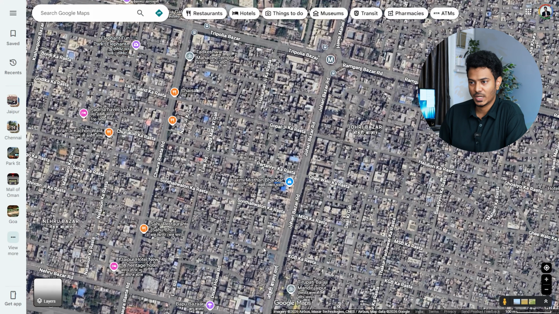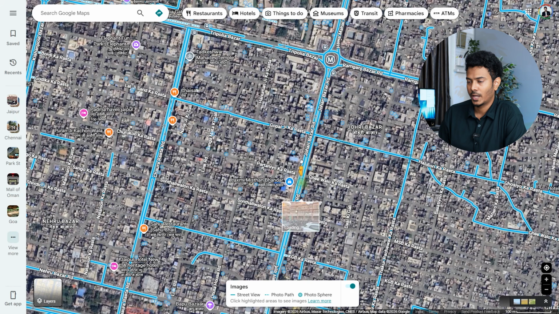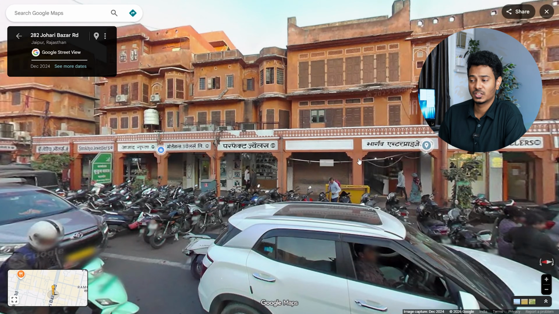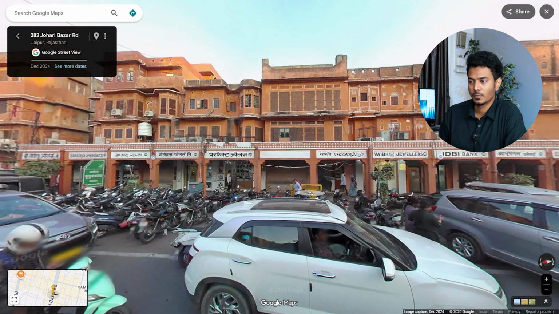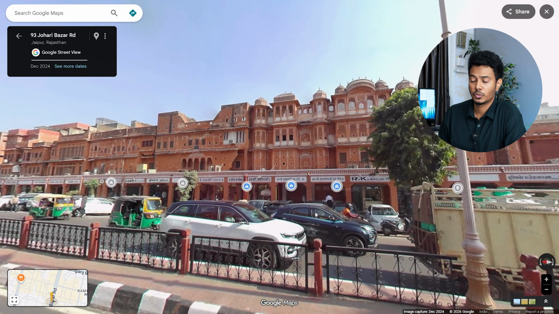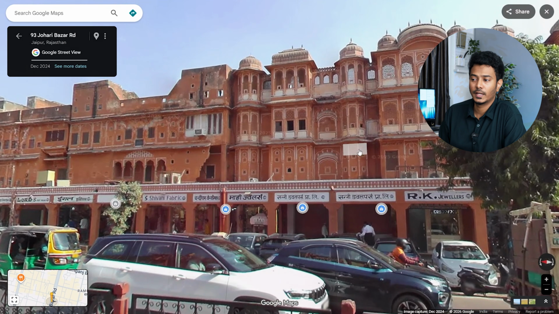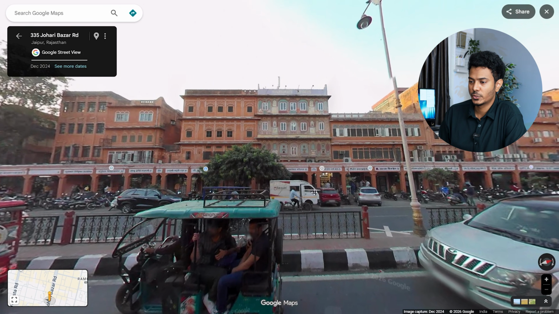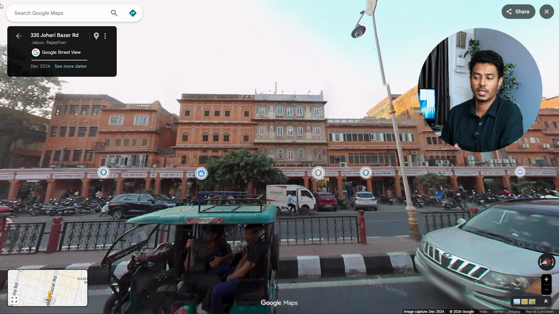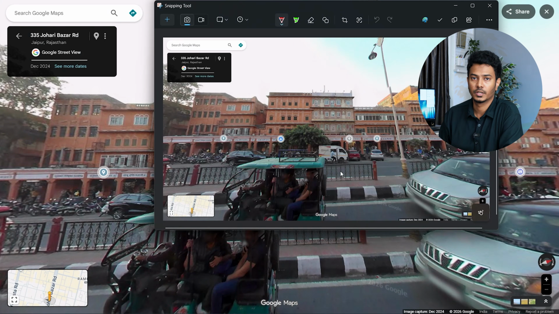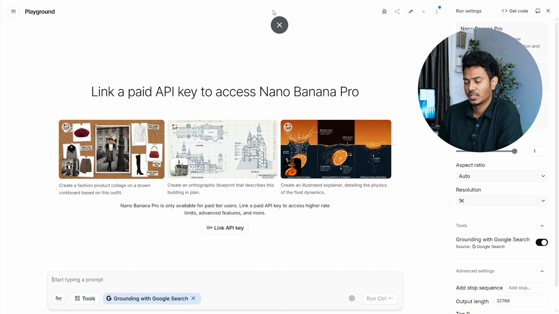I'm using the Google Street View to jump into a street, and from here I will be able to look at the 360 view of the street. I've browsed a bit and I've chosen this building, which is a continuous facade of pink stone in varied heights. Make sure to go into full screen and take a screenshot of your entire screen, because the aspect ratio of 16:9 is extremely important. Let's jump into Google AI Studio, start a new chat with Nano Banana, upload the screenshot,